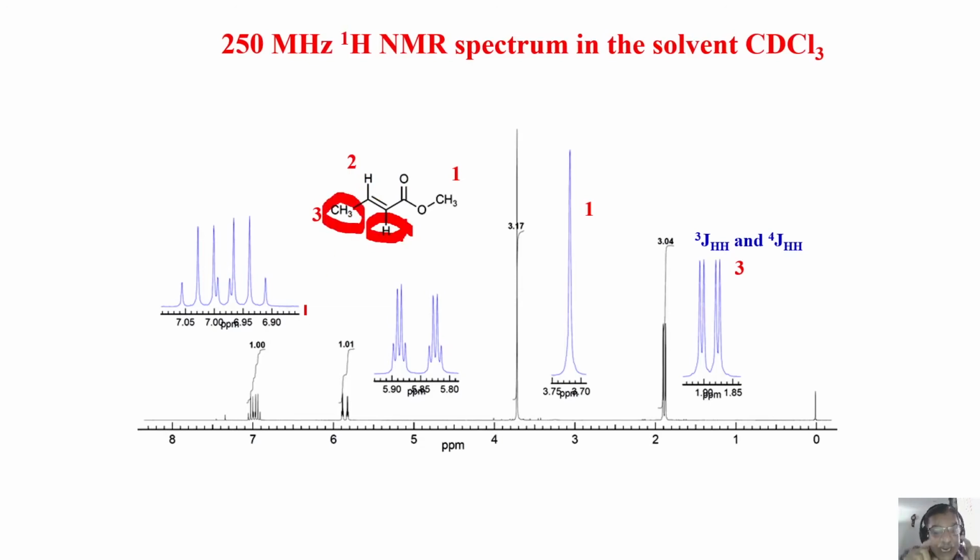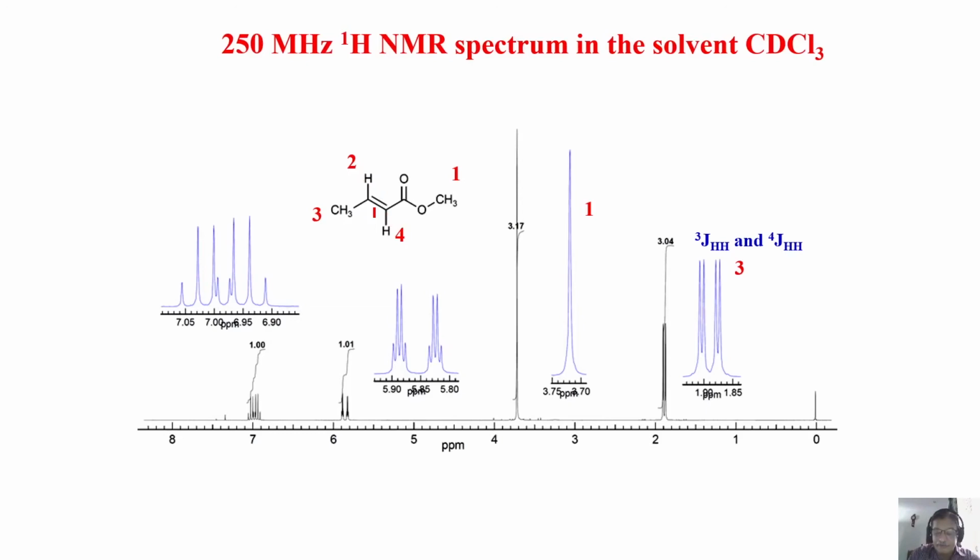Now you have to use the idea of 3-bond, 4-bond coupling with CH3 to make the assignment, because both these protons experience trans coupling. If one is cis and one is trans, we could distinguish by the coupling strength. But now both have the same coupling strength. Both are trans. This also has a trans coupling with this. This also has a trans coupling with this. But this pattern will be different because of coupling with CH3. This is a 3-bond coupling. This is a 4-bond coupling with CH3. Now our assumption is, we assume the 3-bond coupling with the CH3 protons is much larger than this one.